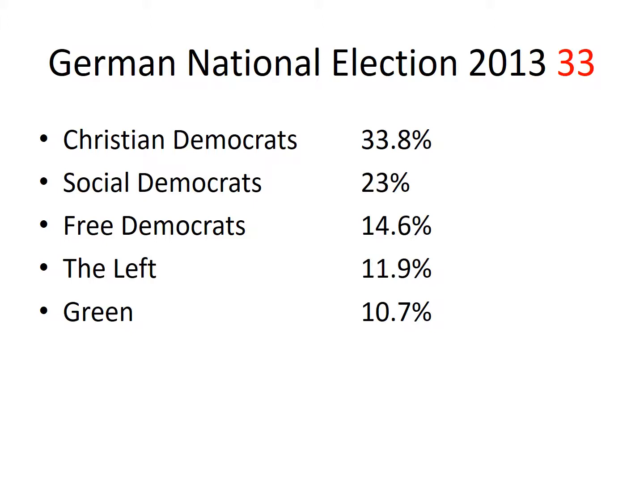And so here's a fairly recent example. There's been a national election in Germany since this one, but here you can see some competitiveness. Five political parties got representation in the system there in Germany. But you can also notice that no one political party got a majority of the vote.